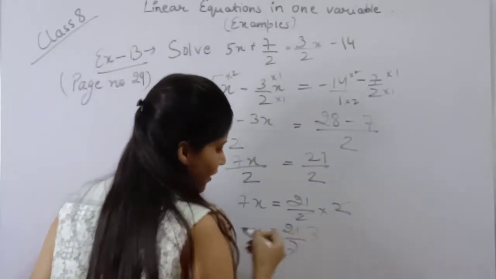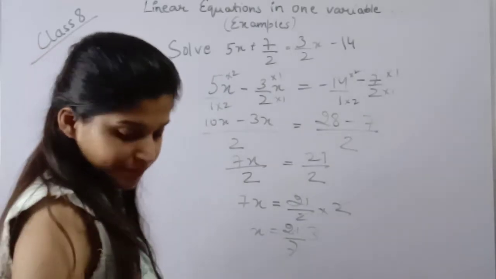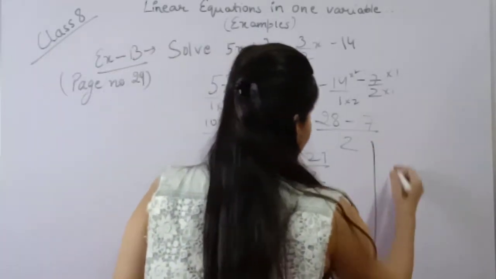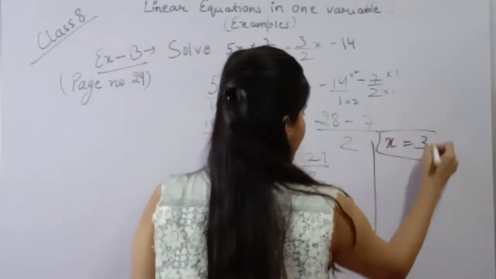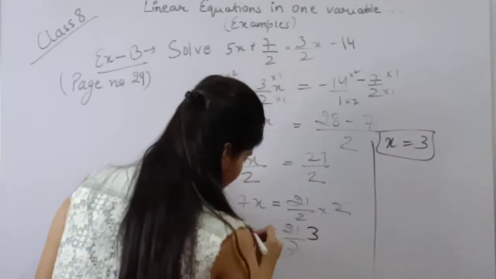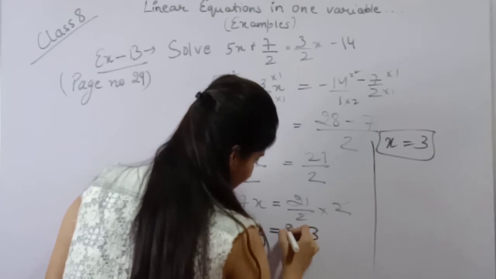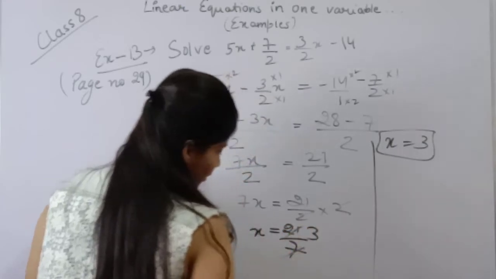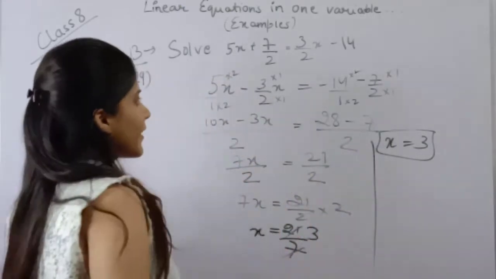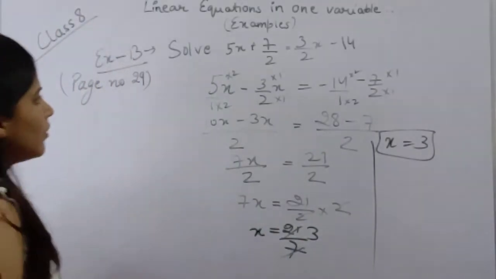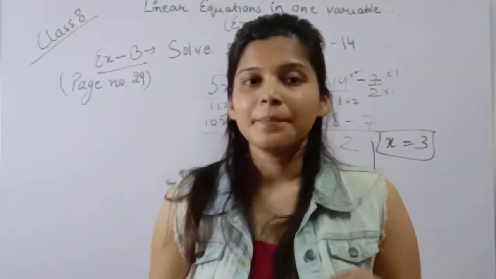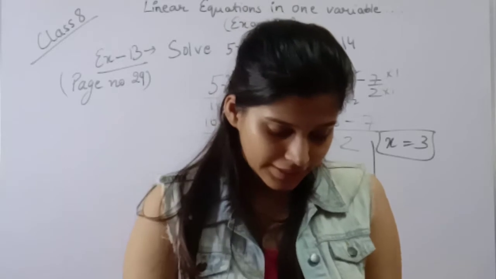So 7 3s are 21. Now the value of x comes out to be 3. Okay. So the value of x is 3. So this was the example number 13 of